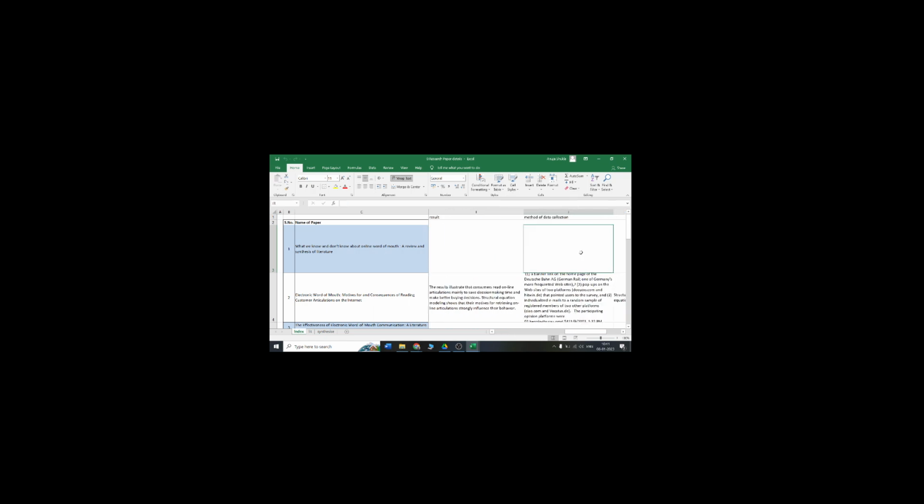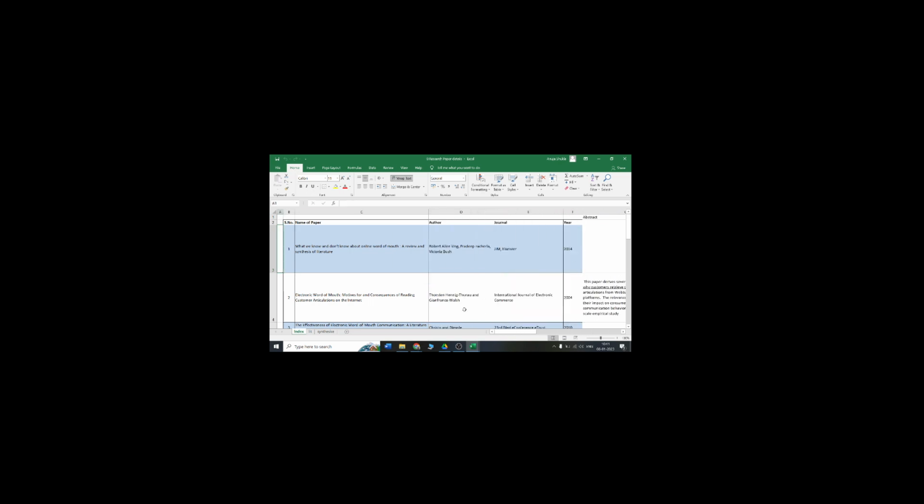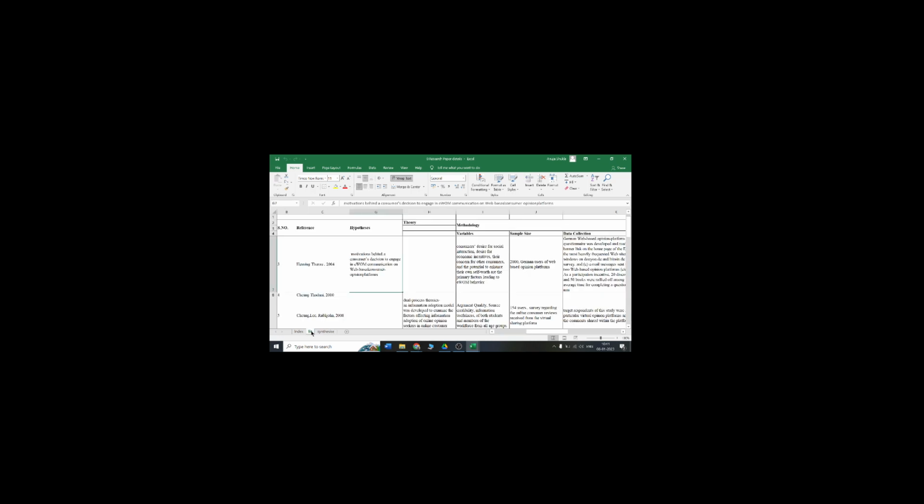Okay. You can also use this method where you are just writing about their methods, results, method of data collection or variable. So again, as I'm saying, there are multiple ways to record the literature. So for example, this is a paper I'm talking about. Let me just show you an entry here. So I will use the author's name. So this is Muni Krishnan et al.